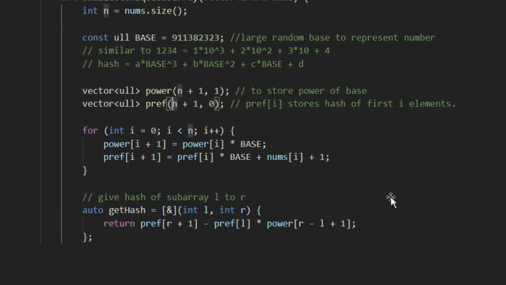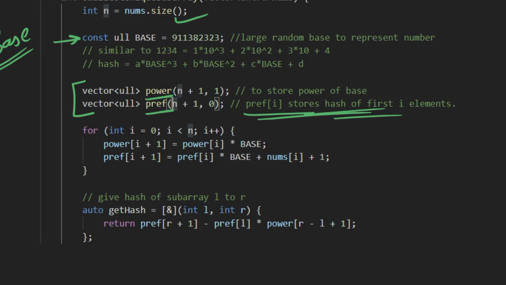So in the code part we have taken the size of the array, and then this is our base value that we use to find our prefix, right? Then we have two vectors, one to store the power of the base and the other to store the prefix hash.